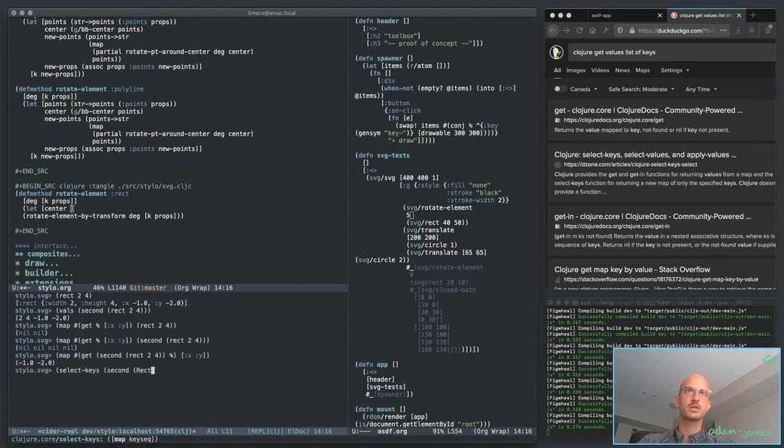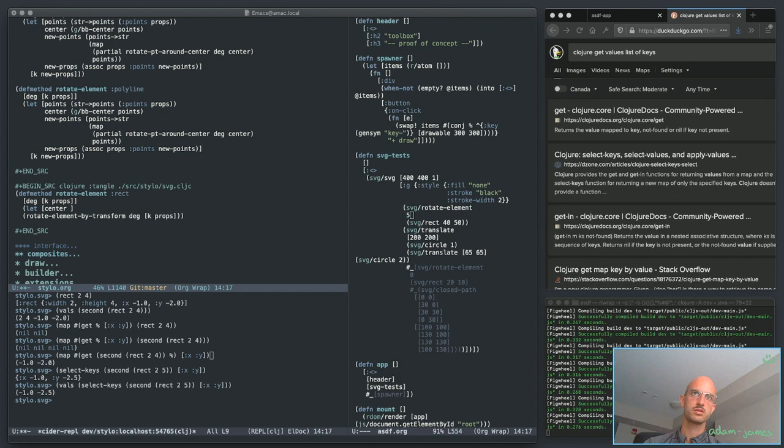Second rectangle 2, 4, 2, 5, it doesn't matter. Okay, so that's the map, and the key sequence is going to be X, Y, and you want to run vals of that. Yeah. Okay, it's not actually any shorter really than the thing I came up with here, but it doesn't really matter all that much,